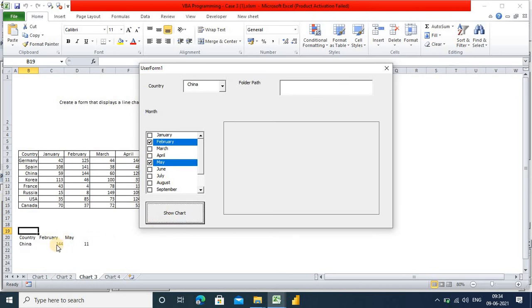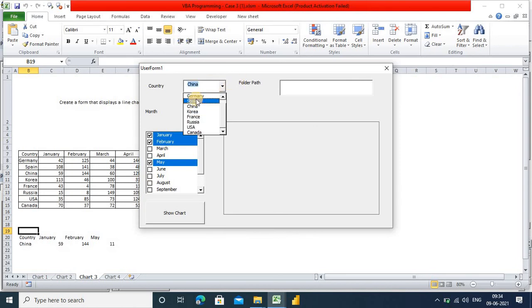Now it is showing February 144. Okay, you can see in May. Oh sorry, actually I selected Jan, so we can see it properly. Jan, Feb, May. Okay, you can see Jan is 59, February 144, and May 11. Sorry, I am not able to move this.